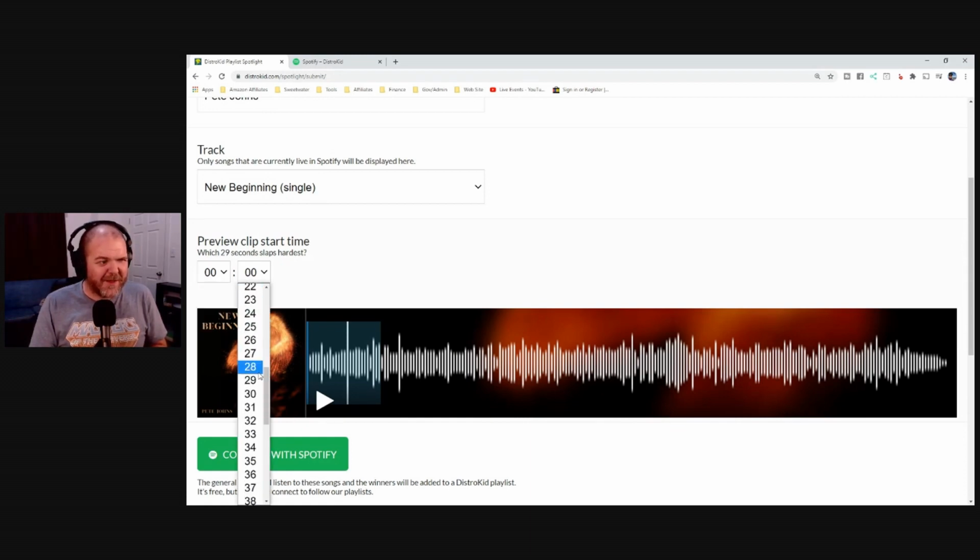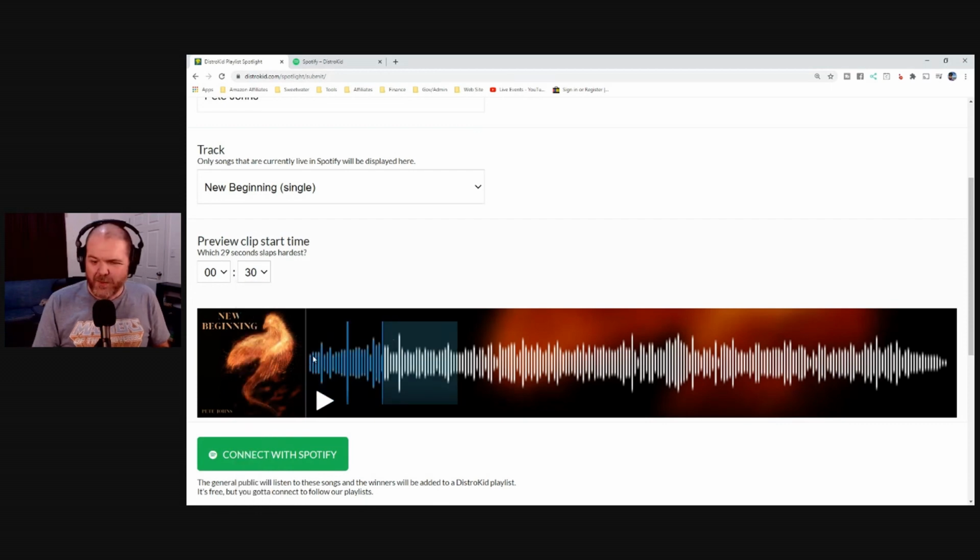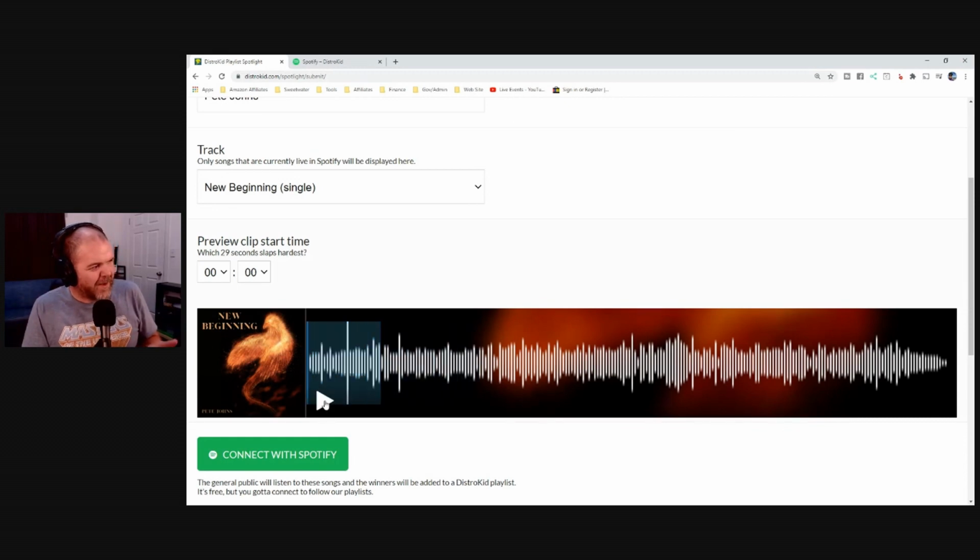And I can actually play this. I couldn't play the other songs that we showed at the start there because they were other people's music. But if we play this one, we should be able to hit the play button here. So we've had a small problem trying to change the preview clip start time, because when I've moved it and hit play, it kind of just cuts out. It works at the start though. If we bring it back here,